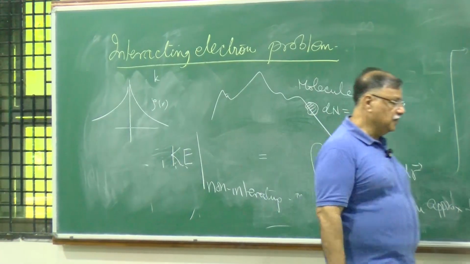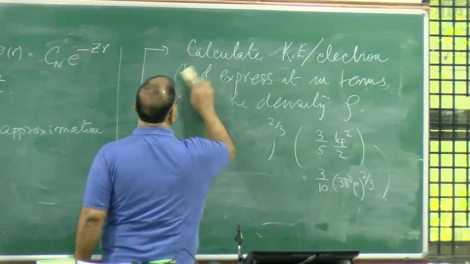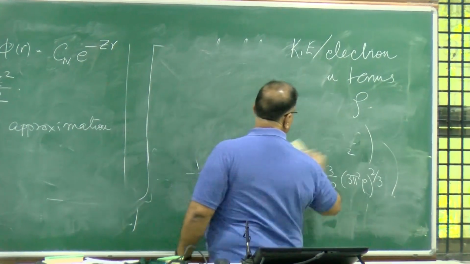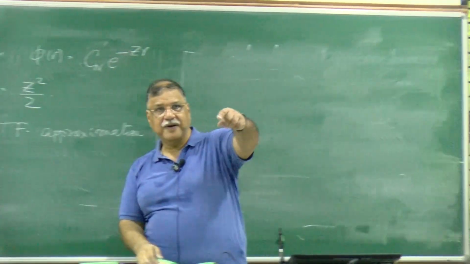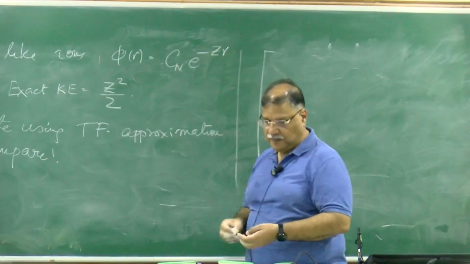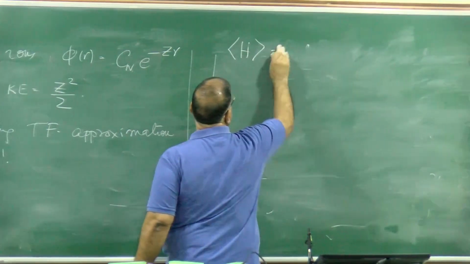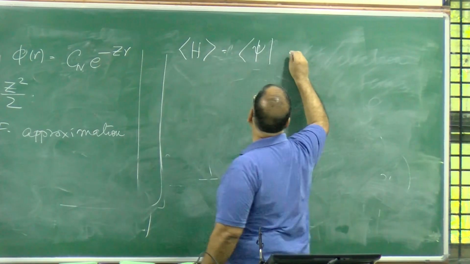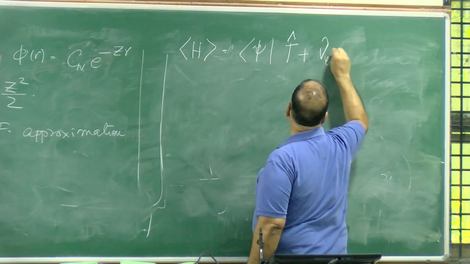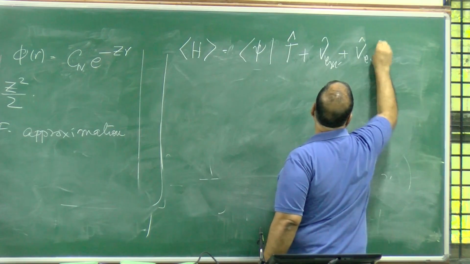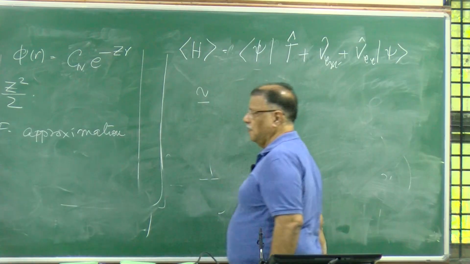So from that Hamiltonian that we wrote for the many electron system, now I can write an approximate energy. Did you correct that factor of 2? So from this expectation value of the Hamiltonian, which was psi, kinetic energy operator plus V external operator plus VEE operator, psi, I can approximately write this as